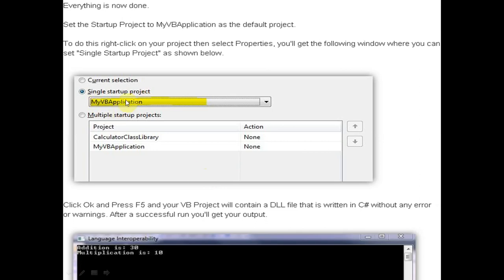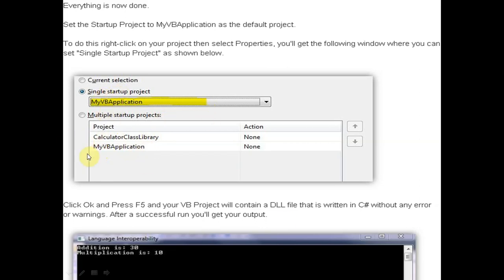You can see the name of the program is my VB application. So the startup project is my VB application, and we have multiple projects: the Calculator class library and my VB application. We are not selecting this one, we are selecting my VB application. So single startup is my VB application.